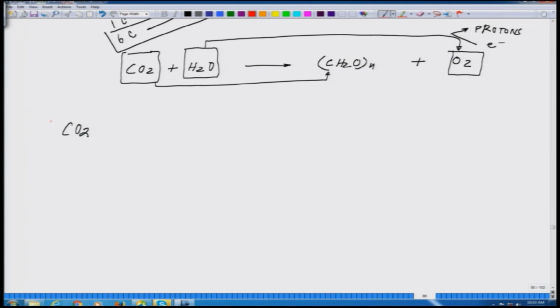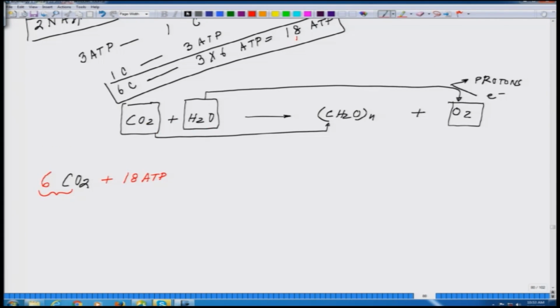I am adding 6 CO2 because we need a 6 carbon sugar, plus we have talked about 18 ATP, plus you will be needing 2H2O, so 12 water molecules at one point of time, plus 12 NADPH,